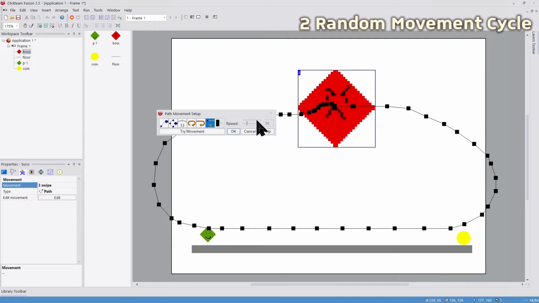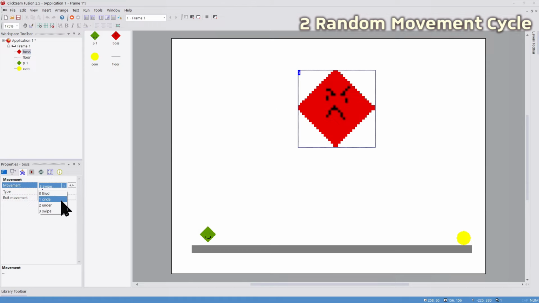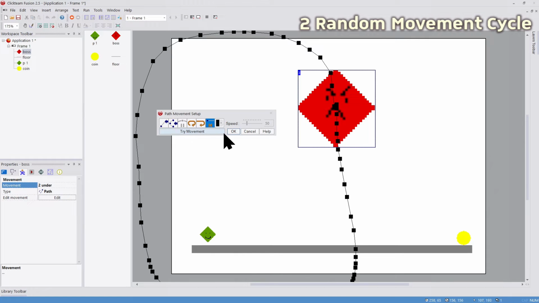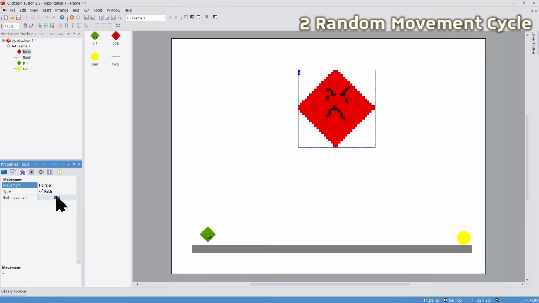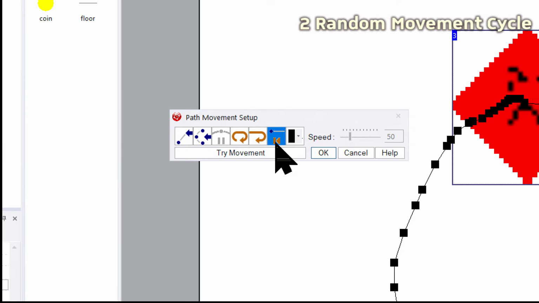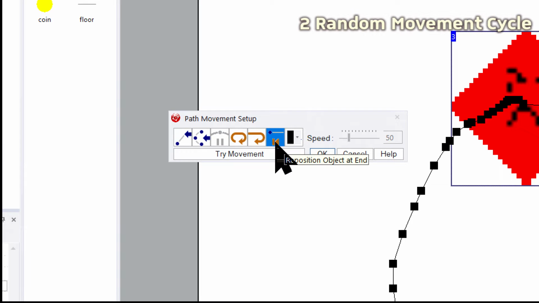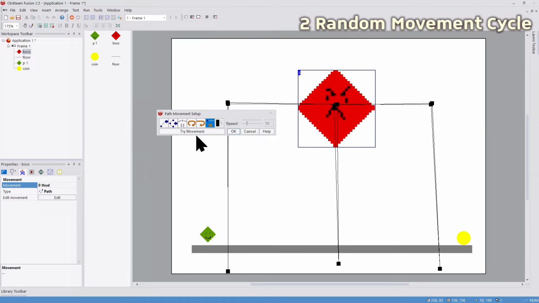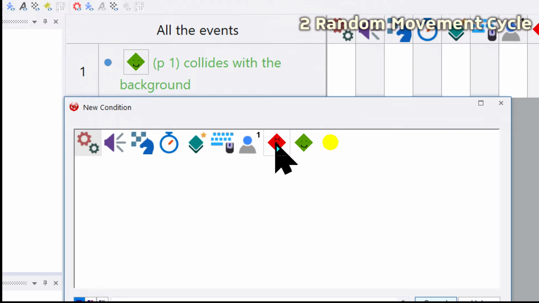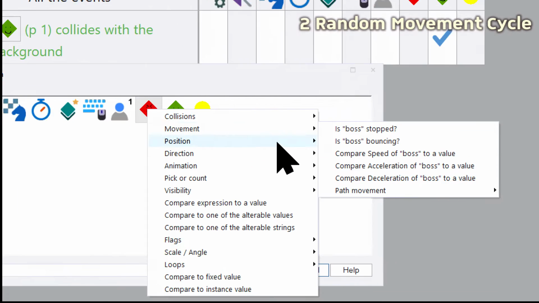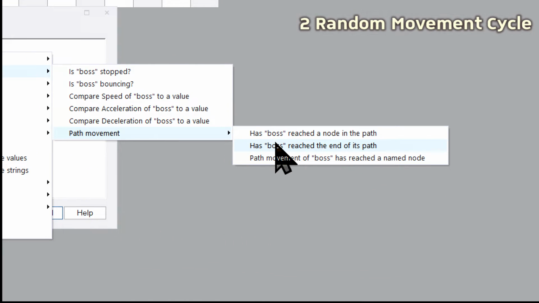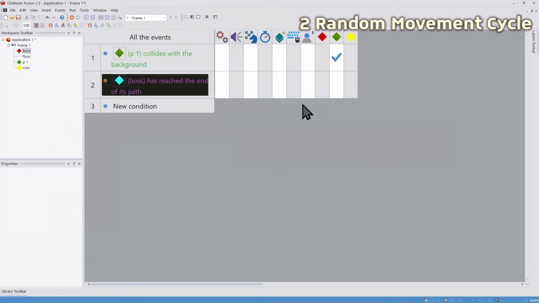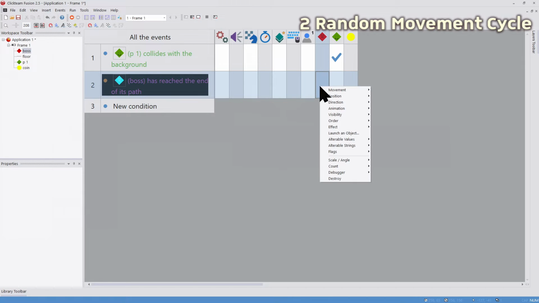I've named the different path movements just to help me remember what's happening. I've made sure that each path movement doesn't have loop the movement, but does have reposition object at end. This way I can have a condition under the boss, movement, path movement, has the boss reached the end of its path. Then for the action for that, if I right click under the boss, I can go to movement,